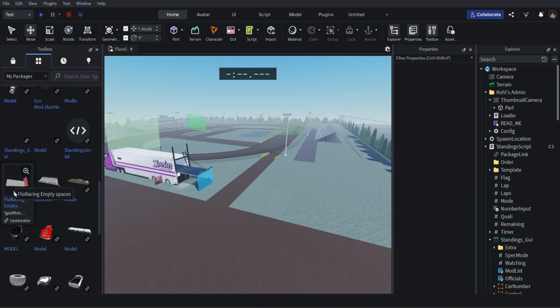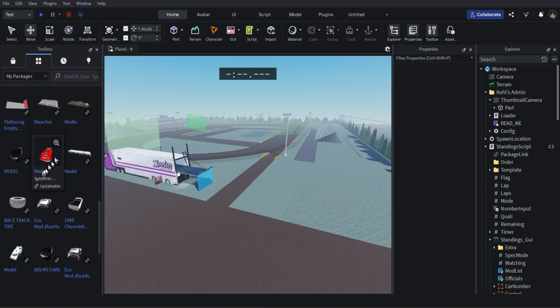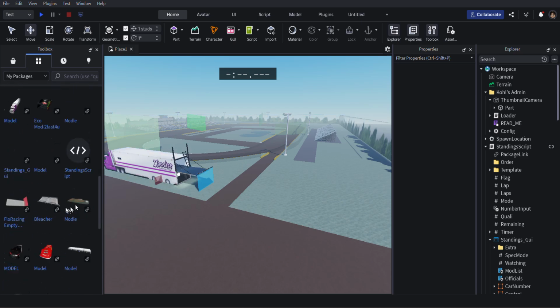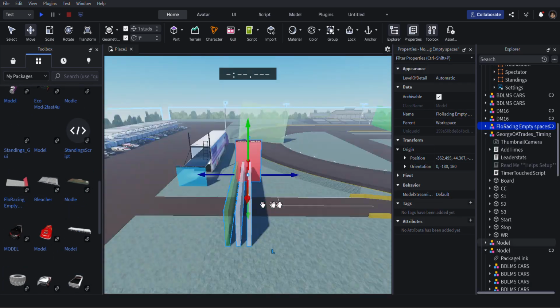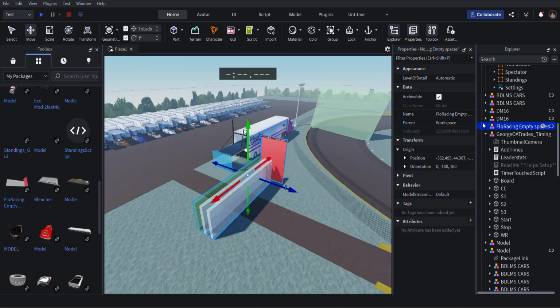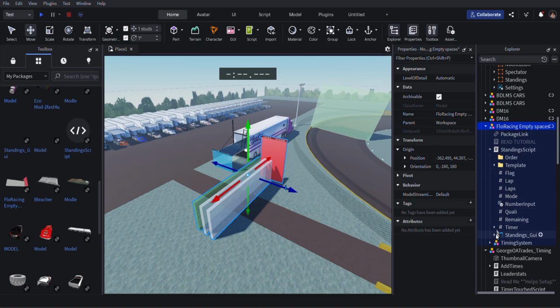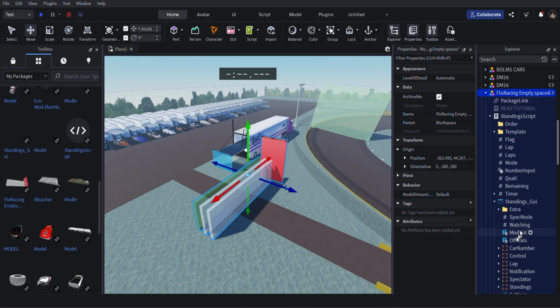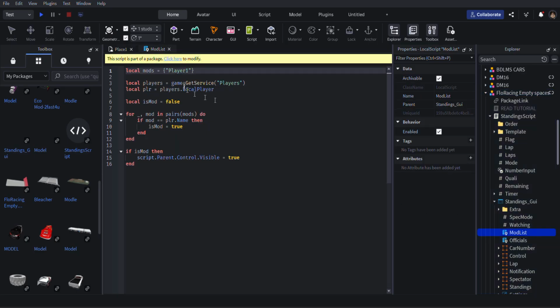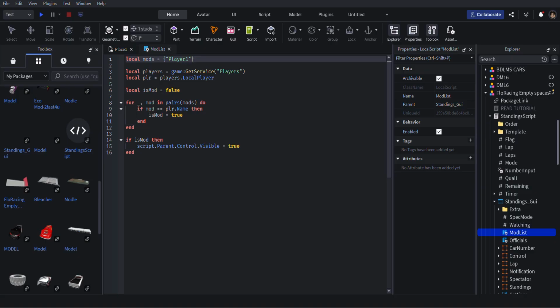What? You have to have flow racing script. You have to have this, and then once you spawn it in, you go to this, and then standing scripts, right? And then go to standing GUI, and then hit mod list, and then you want to hit that, and then